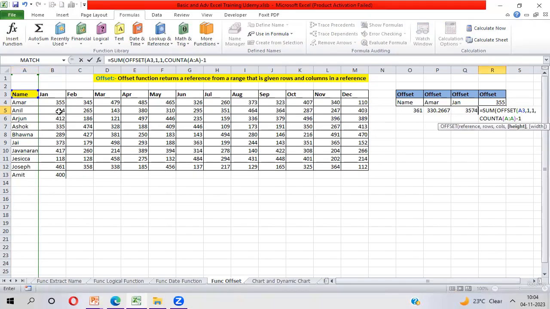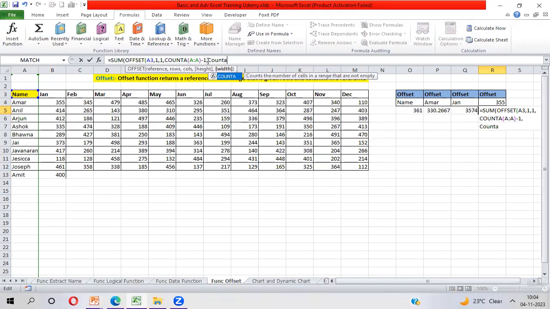Why am I taking -1? From B4 I'm counting the height. But here in the COUNTA function, I'm counting the header value. So it will increase till the blank row. So that's why I'm adjusting; I'm not taking reference of the blank row. That's why I'm taking -1 here. Now I want to count the width also.